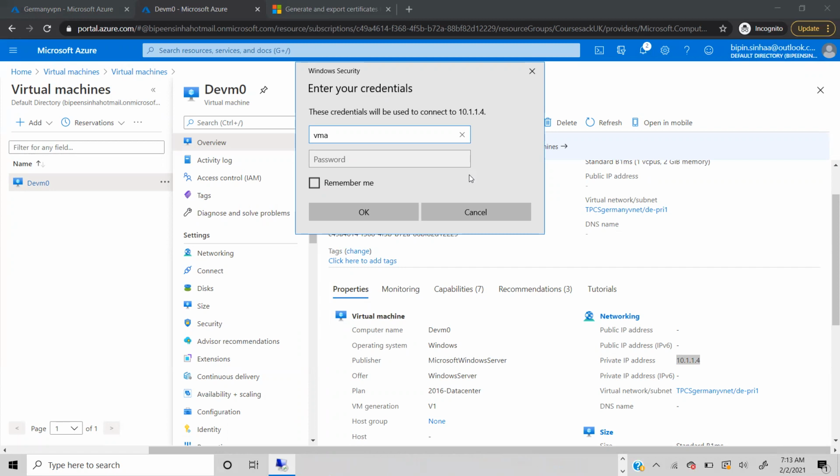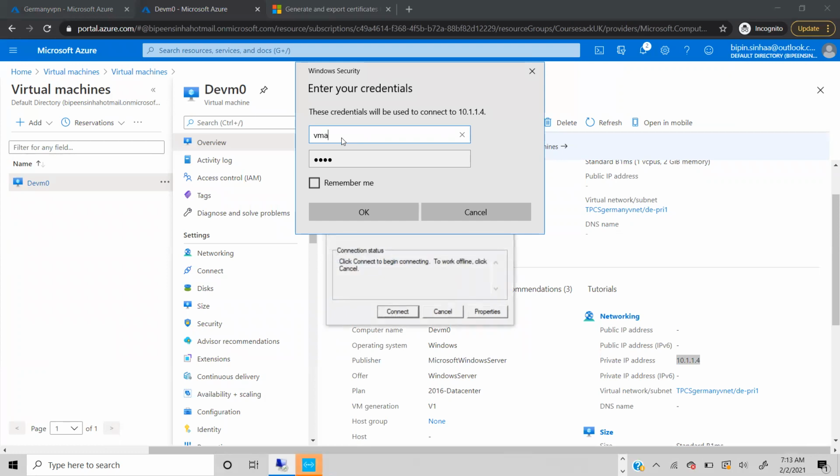Type username vmadmin, password @123. Should I put password at one? You have given the password, no? Yesterday. User is VM admin, and I believe the password is password@123. Should I write that down?